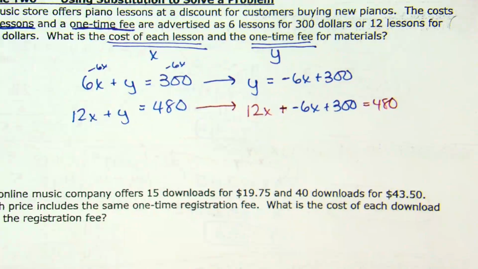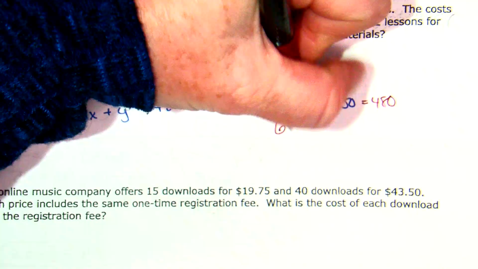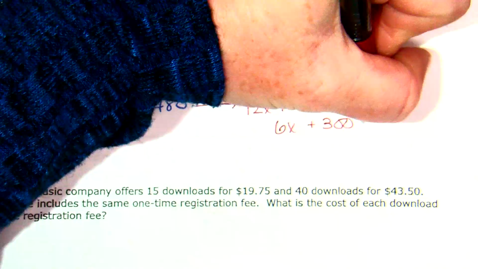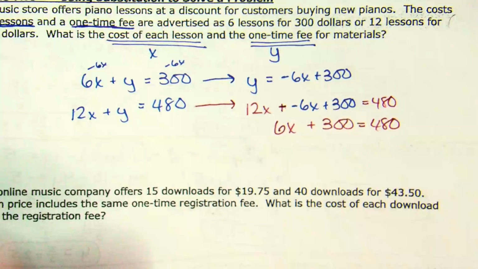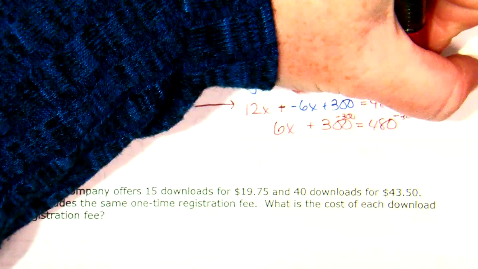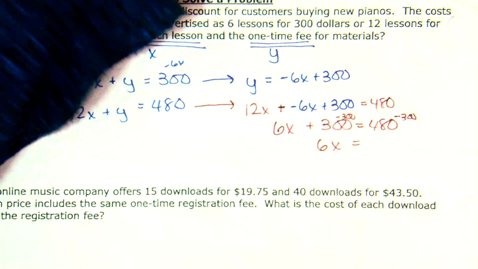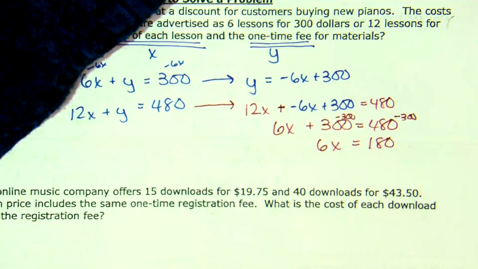We don't have to distribute. So what is 12x plus negative 6x? If it's 6x plus 300, we're going to subtract 300. 6x equals 180. Divide by 6, and x is